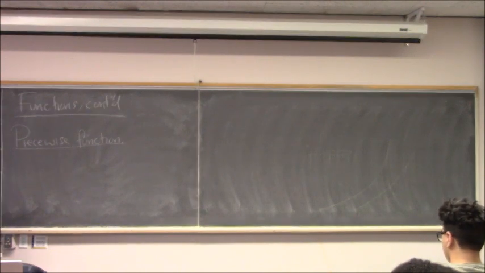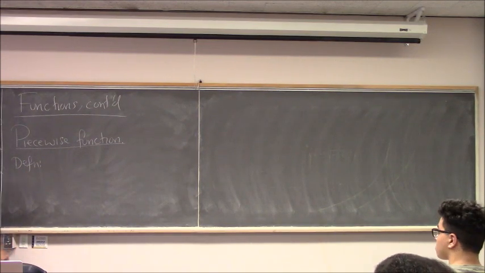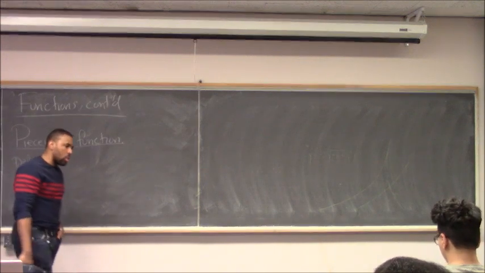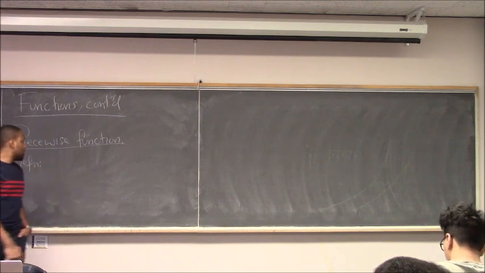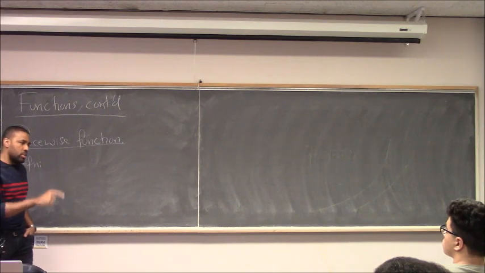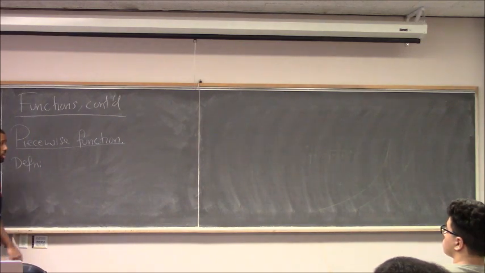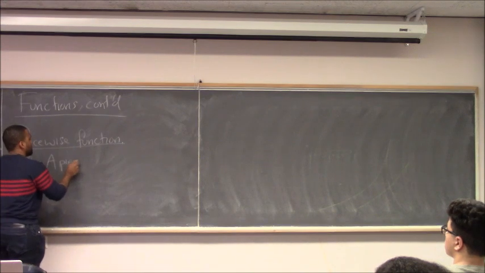This is just a little bit of a twist on the definition of a function, because sometimes the rule that we want to apply might change in certain situations. When we define a function to model a certain situation, its definition might change at different steps in a process. And so a piecewise function is simply